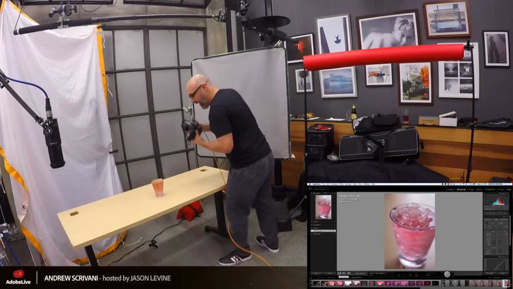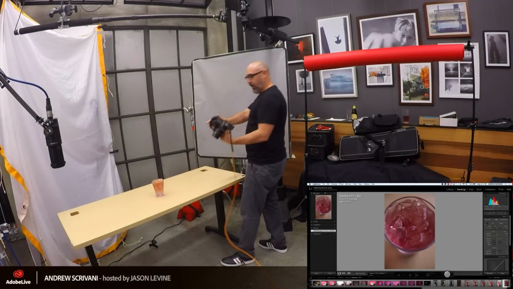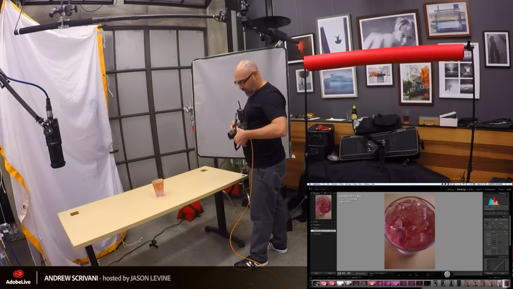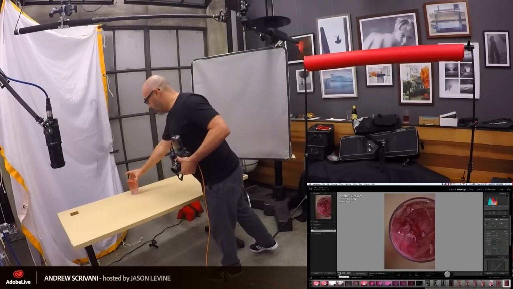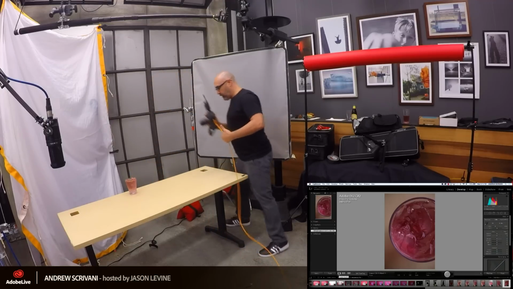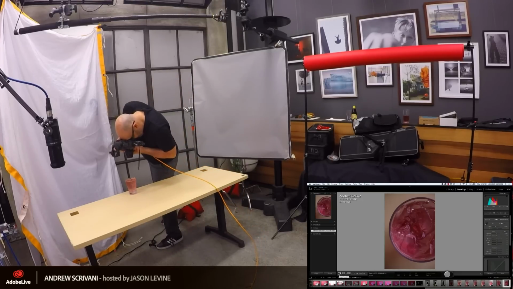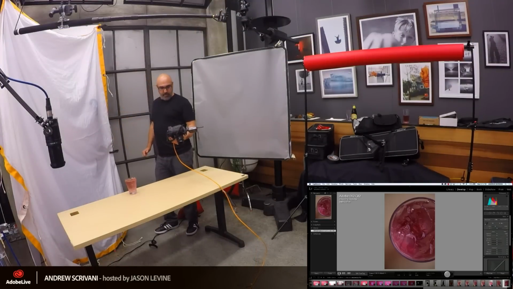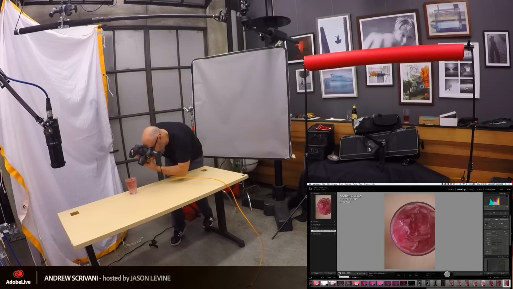So now I'm just playing around. I'm going to continue to try to find some angles that I like. Now, I like that. But what I'm finding is I'd like it to be a little bit brighter and a little bit sunnier. So if I swing around over here, and without changing my exposure, you can see just moving into the light a little bit more. Really just looks kind of nice. But if I come down and I angle this way,